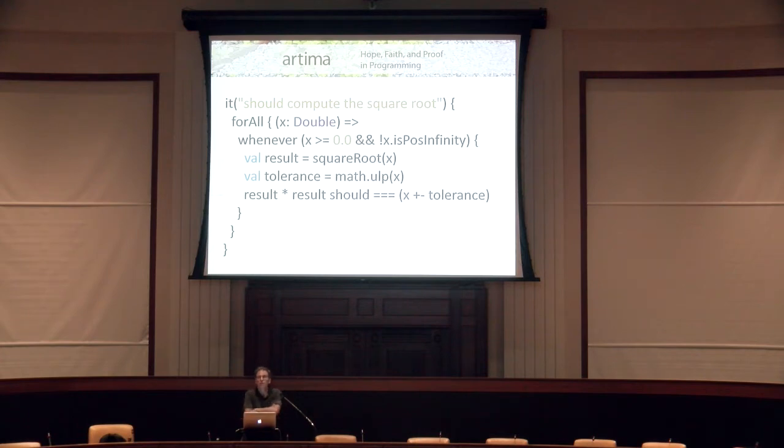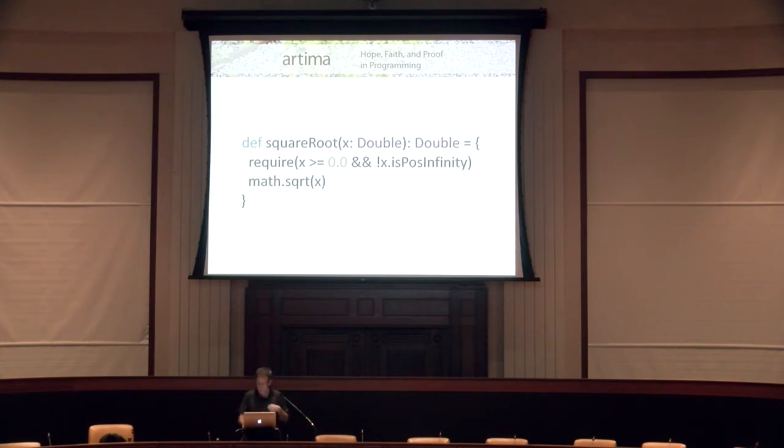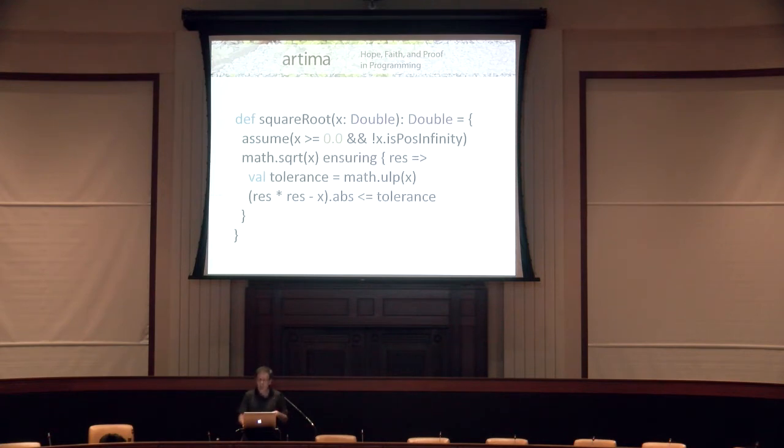Okay, so what I did here, though, is I didn't just check a few examples. I use a for all because I think to get the kind of formalism which I liked about Eiffel, I'm going to back up 2 slides again. This is the Scala version. What this assume ensuring says is that no matter what x is passed, if the assume clause succeeds, then the ensuring clause must succeed.